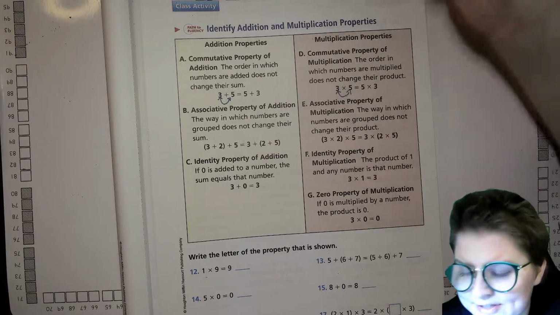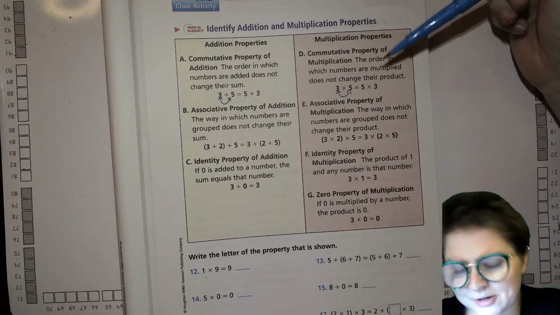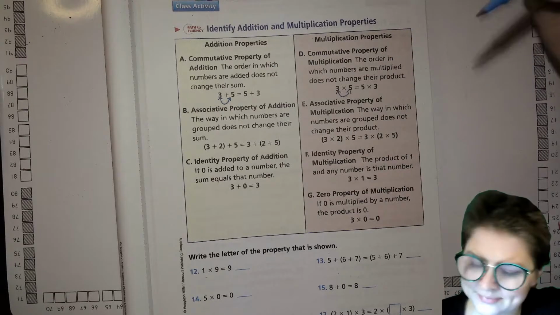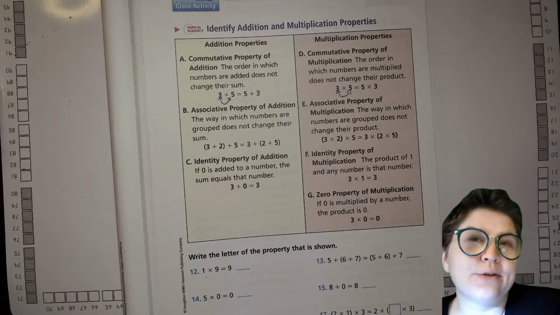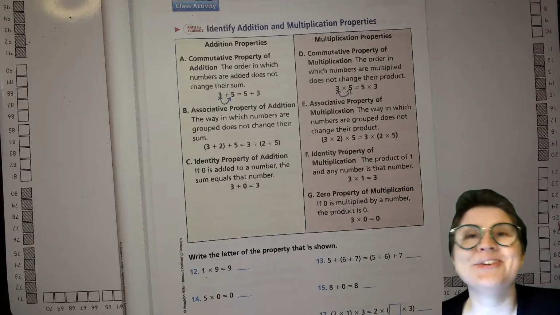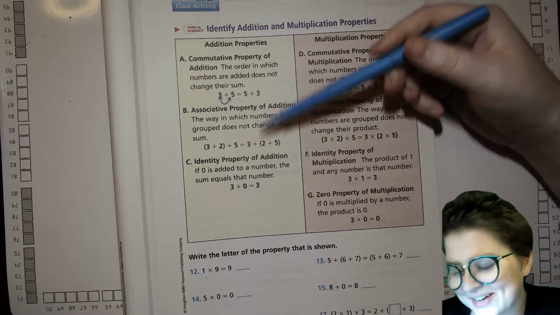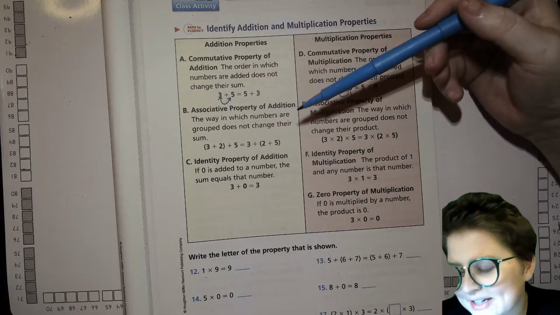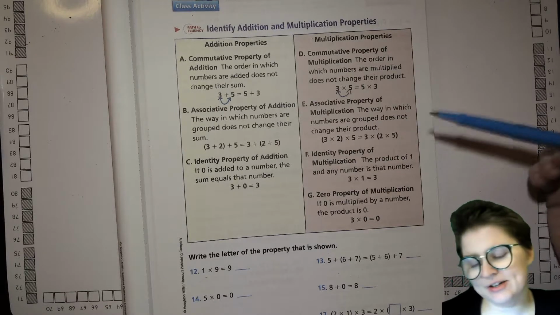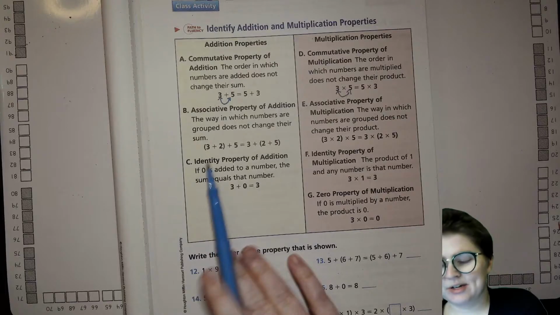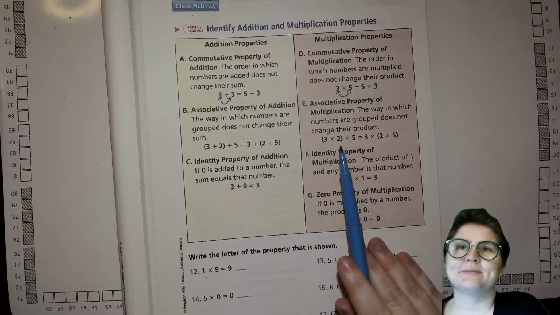The fancy language is the order in which numbers are added does not change their sum, and the order in which numbers are multiplied does not change their product. The associative property, remember we talked about association being like how things are grouped or like who you're associated with, right? So this is saying the way in which numbers are grouped does not change their sum. And this is just saying the way in which numbers are grouped does not change their product. So you can group a string of more than 2 addends or factors together, and it will be